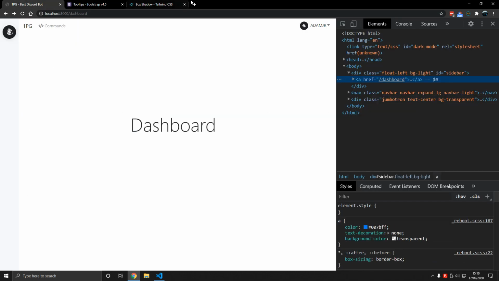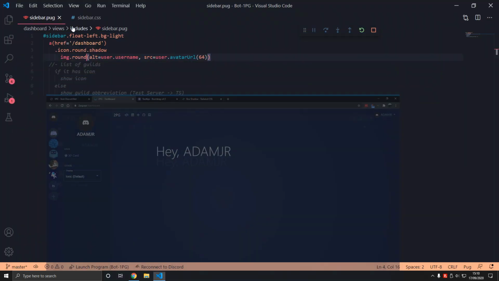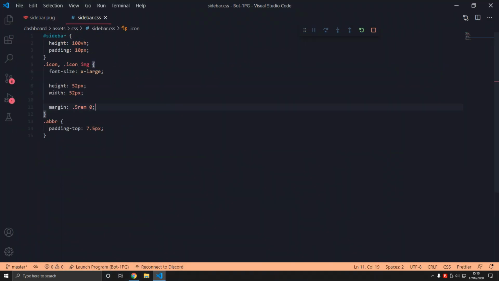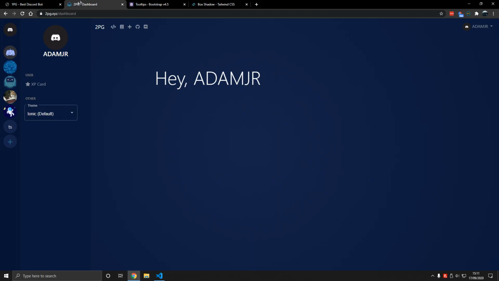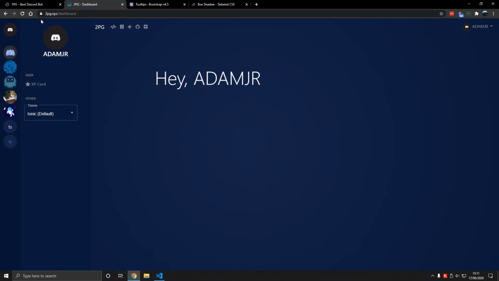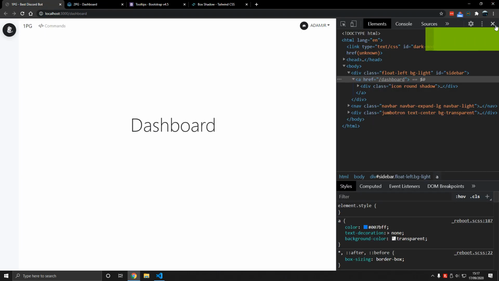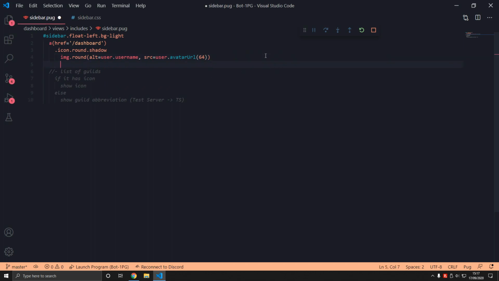Not sure if I like that extra margin there. Let's see what that looks like now. Now that's a bit too far. Let's try 0.25 rem. So rem is root. Now we've added this user image here. If we click it, we go to the dashboard. Now what? Let's add an HR underneath, horizontal rule, and then underneath that, what we're going to do is